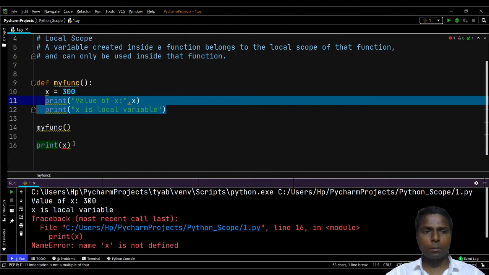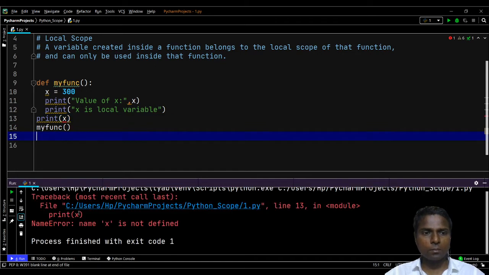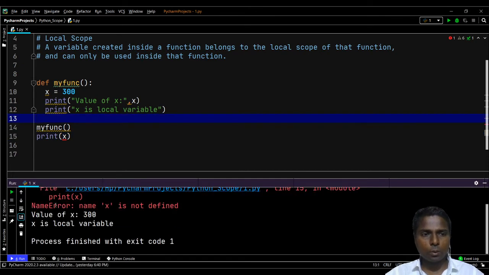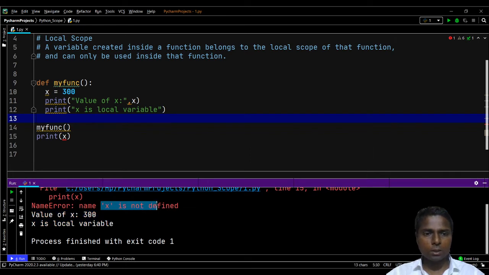Okay, and then we are printing this variable x. If I write it over here, then first of all it will display an error, and then, see here, as the error is displayed, this myfunc function will not be executed. Now, if I remove this statement from here and write it after the calling of myfunc, the myfunc function will be executed without any kind of issues, but it will display, okay, x is not defined.